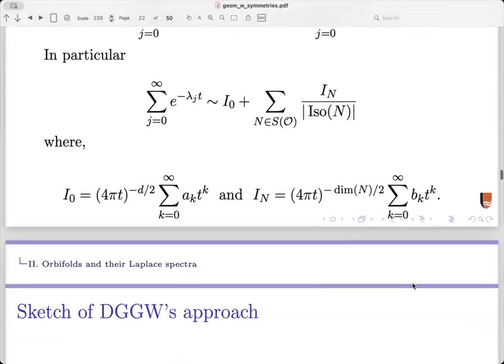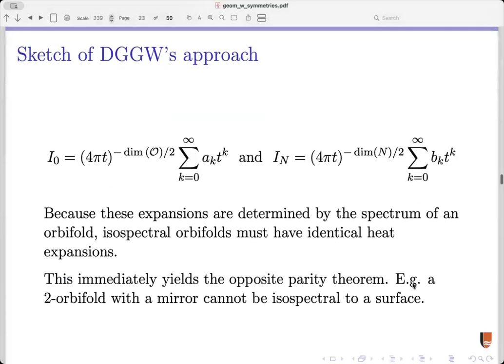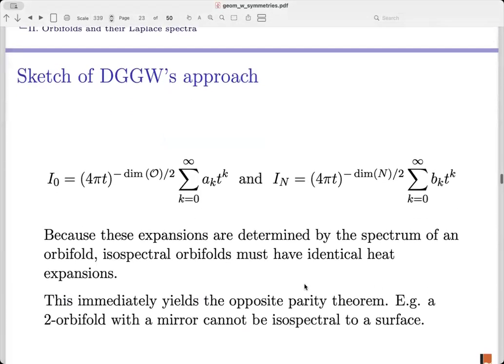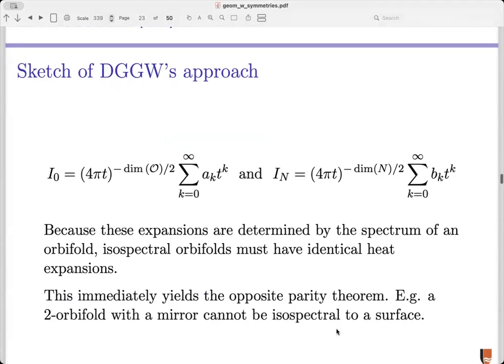So that's the main tool of their work. Again, because these expansions are determined by the spectrum of the orbifold, isospectral orbifolds have to have identical heat expansions. So from this, if you look at it for a minute, you can see how the opposite parity theorem came to be. For example, if you're looking at a two-dimensional orbifold, over here you'll have two-dimensional orbifold, 2 over 2,